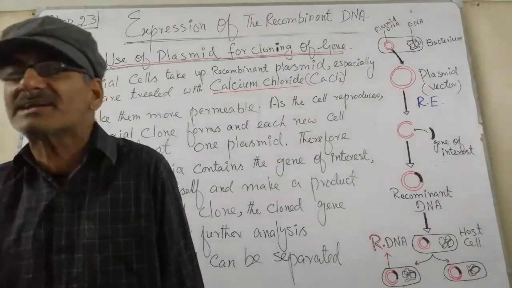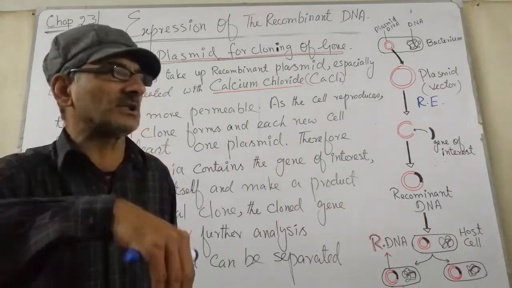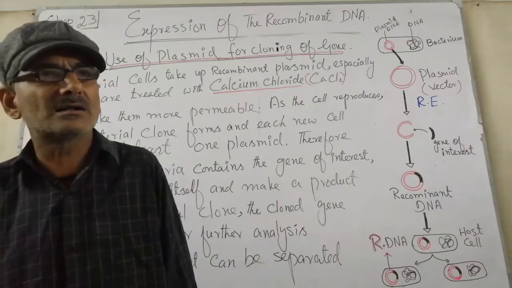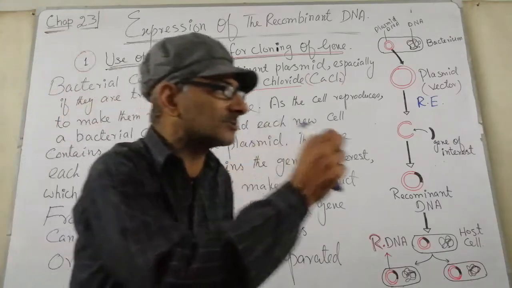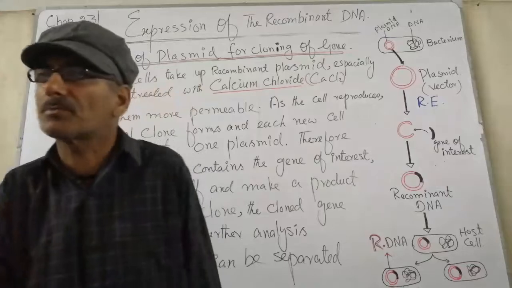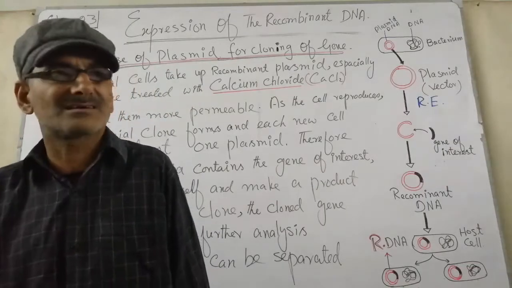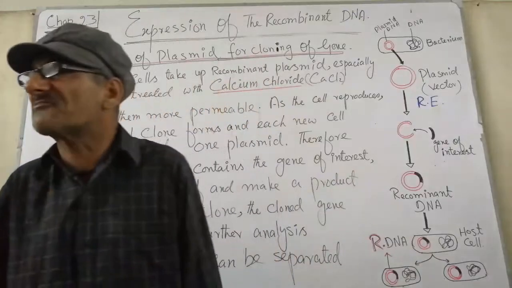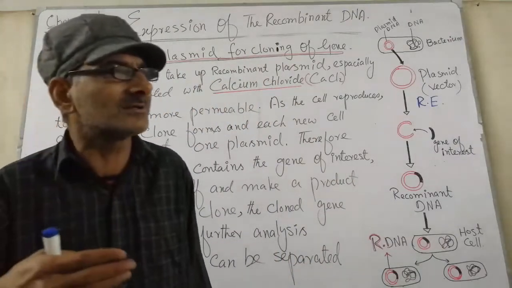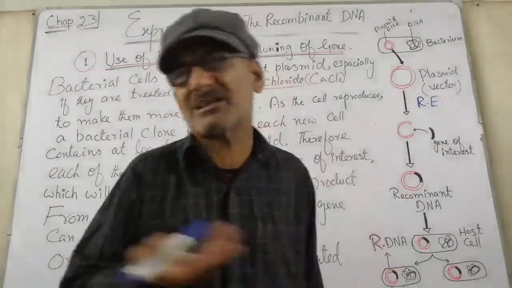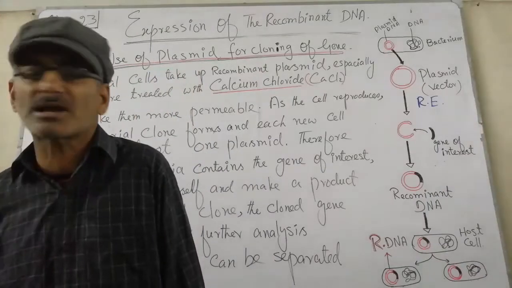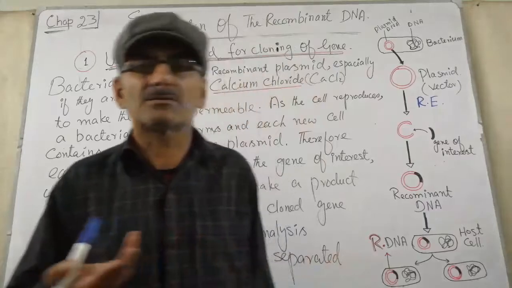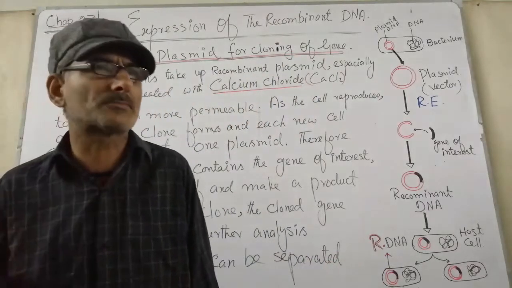gene of interest, when it is present in the host bacterium, in the cloned bacteria, the biotechnology products can also be produced with the help of the gene of interest, because gene of interest takes control of the ribosomal machinery of the cell. And so biotechnology products, for example hormones, antibiotics, drugs, can be produced.